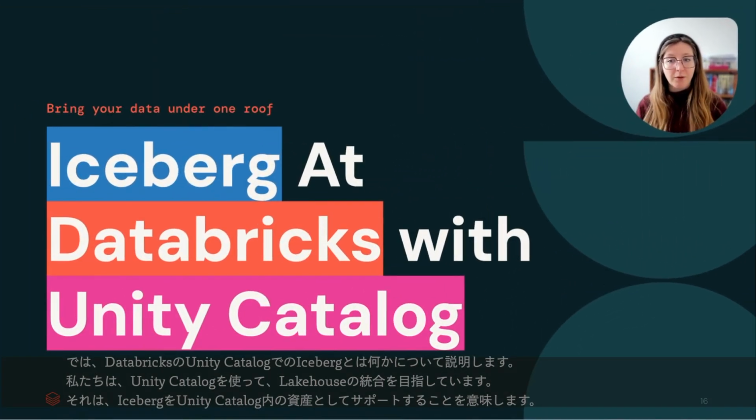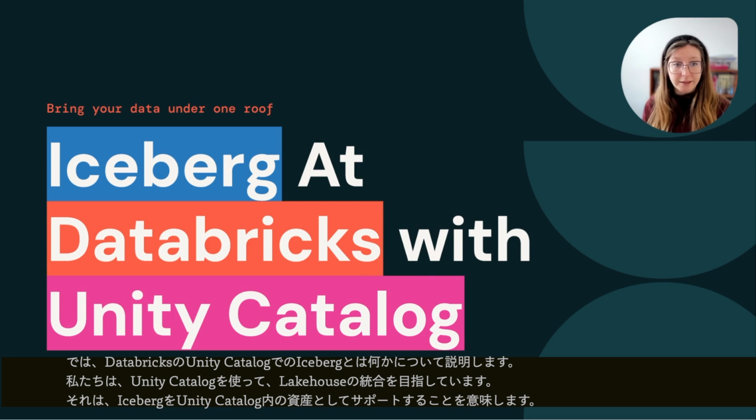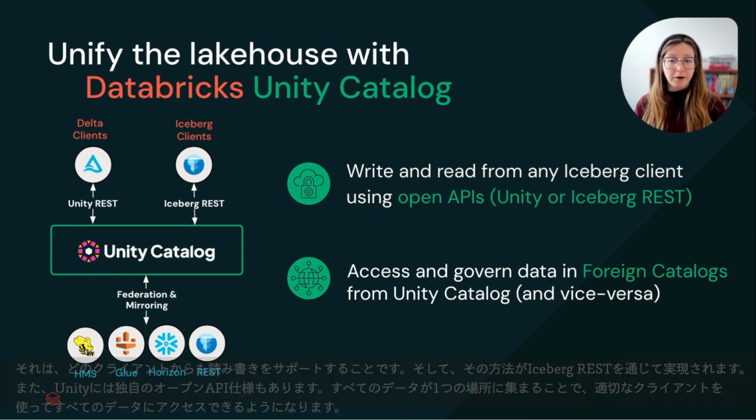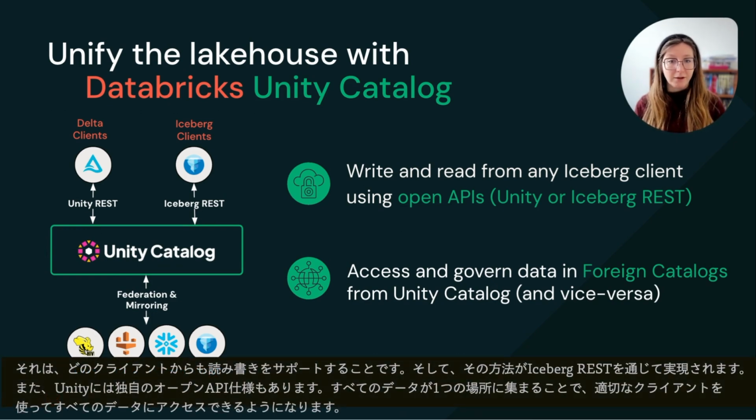So now we want to bring all your data under one roof, and that includes Iceberg. So Iceberg at Databricks with Unity Catalog, what is that about? So we want to unify the Lakehouse with Databricks Unity Catalog. And what that means is supporting Iceberg as an asset within Unity Catalog. That's supporting writes and reads from any client. And the way that we do that is through Iceberg REST, as well as Unity has their own open API spec. But by having all of this under one roof, you can now access all of your data